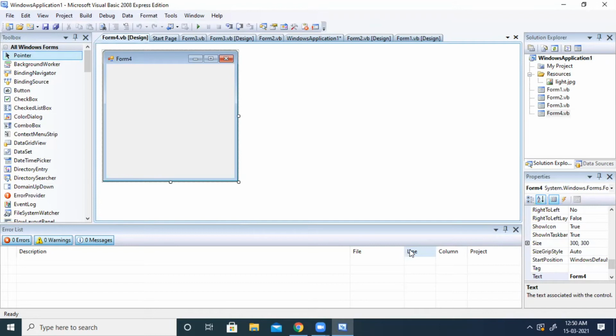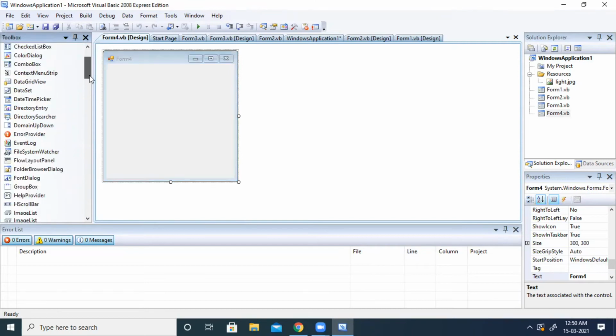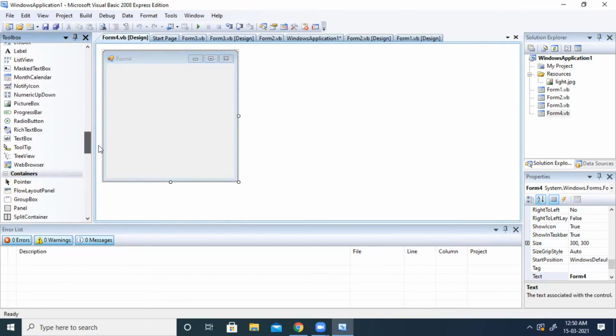So for that, first we will take some text boxes. So let us take 3 text boxes here. First for a name, second for age, okay, and third one for the message it is going to display. Instead of a text box also, I can take a label. So first here I am going to take two text boxes.